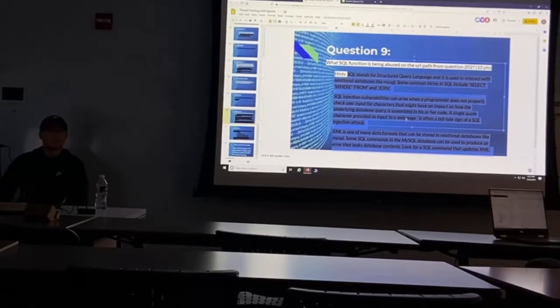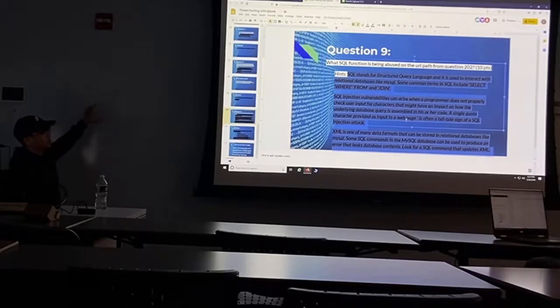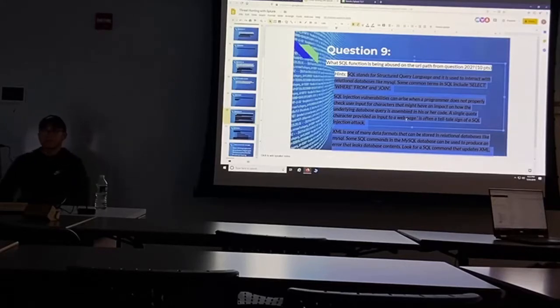From is what tables you're choosing from. If you know the structure of the database, you select specific fields from this table. Join means relationship. Where is specific, where something is equal to something.